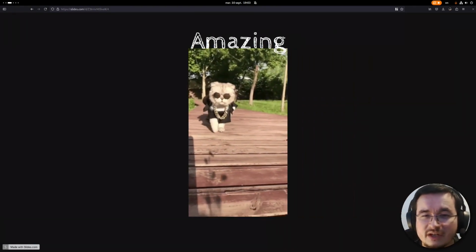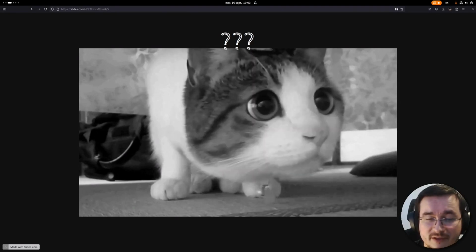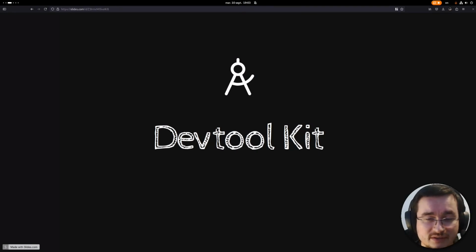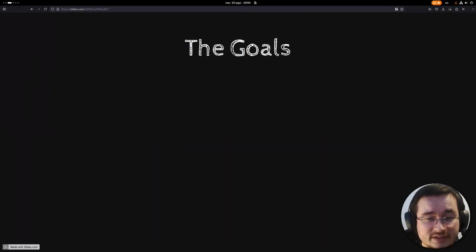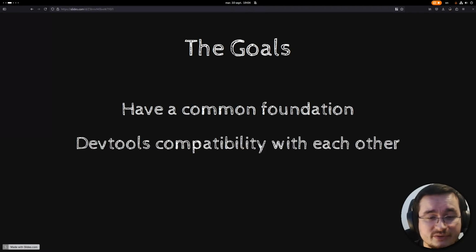So those new DevTools are amazing, but they are different and they are not fully compatible with each other. So that's why we started working on this new idea of a dev toolkit. The goals of this dev toolkit is to unify the DevTools under a common set of utilities and APIs, and to also make them compatible with each other so that you can find the component inspector from the Vue.js DevTool inside the Next DevTools, or you could find the Next routes from the Next DevTools inside the Vue.js DevTools